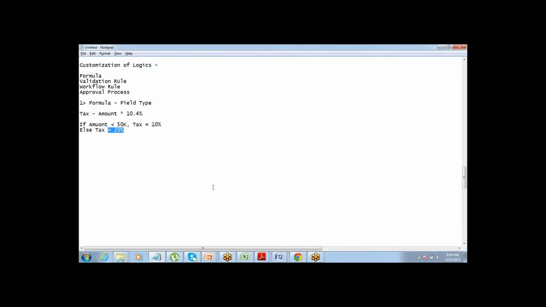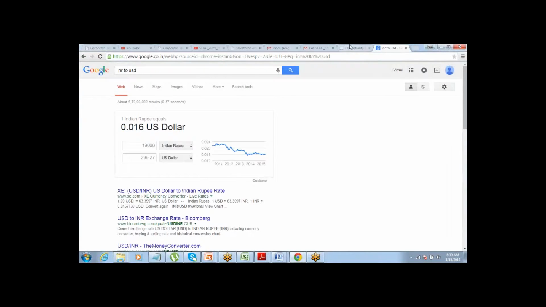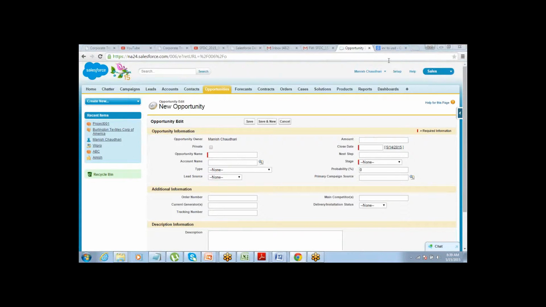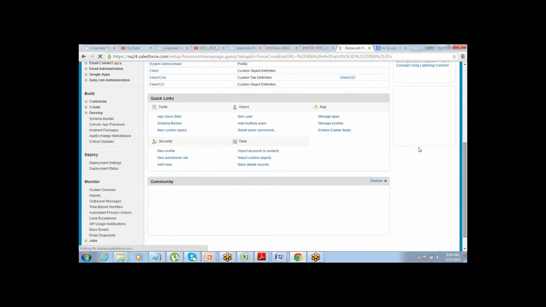All that we have to do is go ahead and use the if functionality here. So let me just show it to you. The same tax field, I'm going to edit the one which we just created. So again, go to setup, customize.